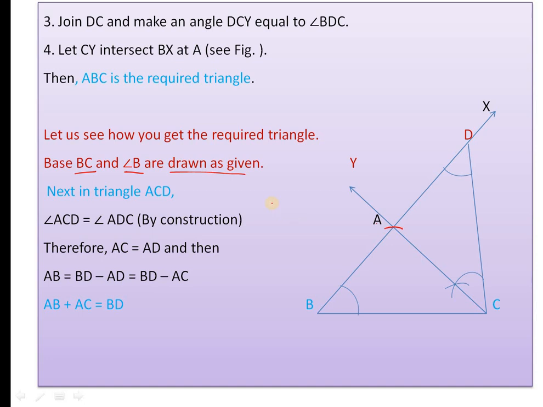Therefore, AC will be equal to AD, because ACD is an isosceles triangle, and an isosceles triangle has two sides equal. Okay. Now AB